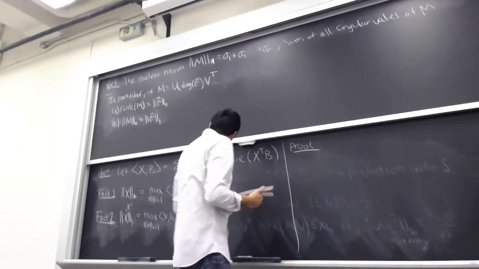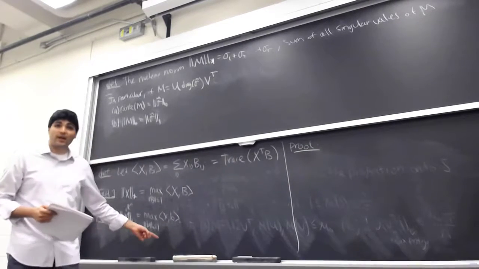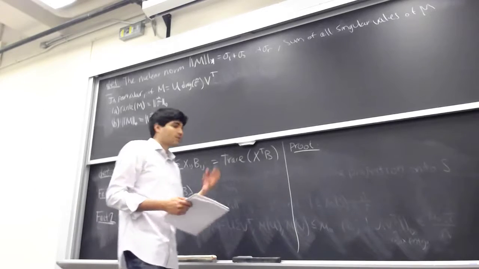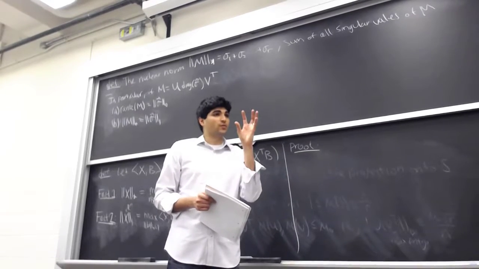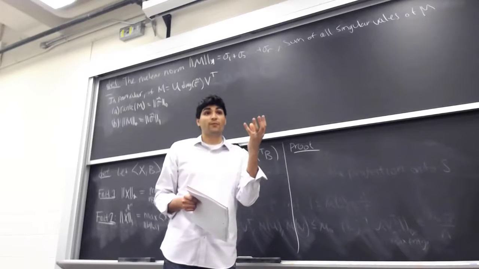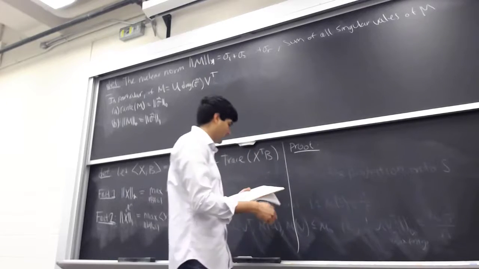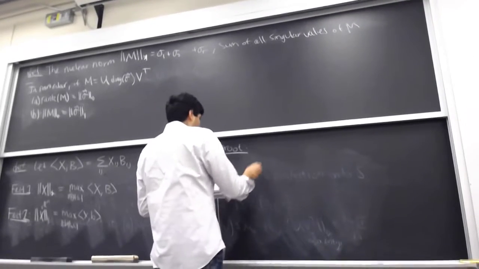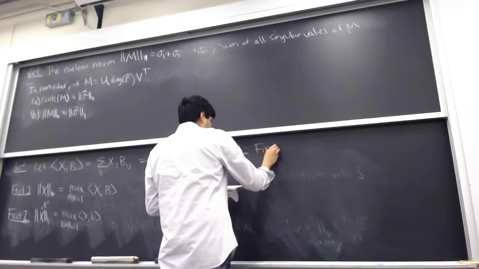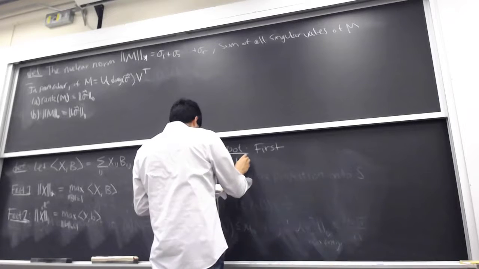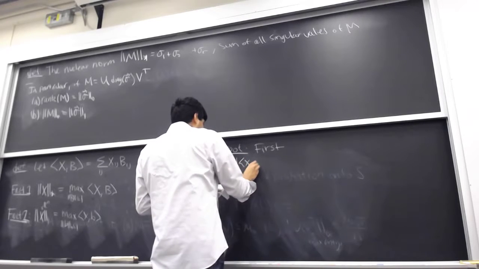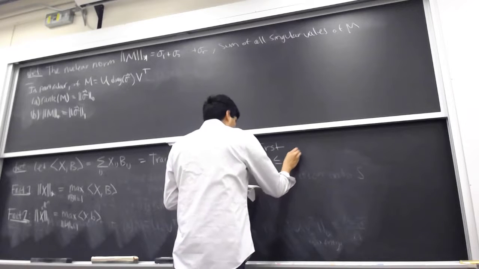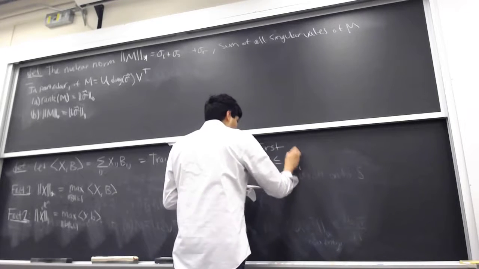The proof for fact 2 is just the duality between the L1 and L infinity norms in n dimensions. It's the fact that when you take the geometric dual to, for example, the cross polytope, for those of you who know what that is, you get the hypercube. But the proof of this is just that we prove the two sides of the inequalities. So first, we can look at the absolute value of the inner product between x and b. And this is certainly at most, by the triangle inequality,